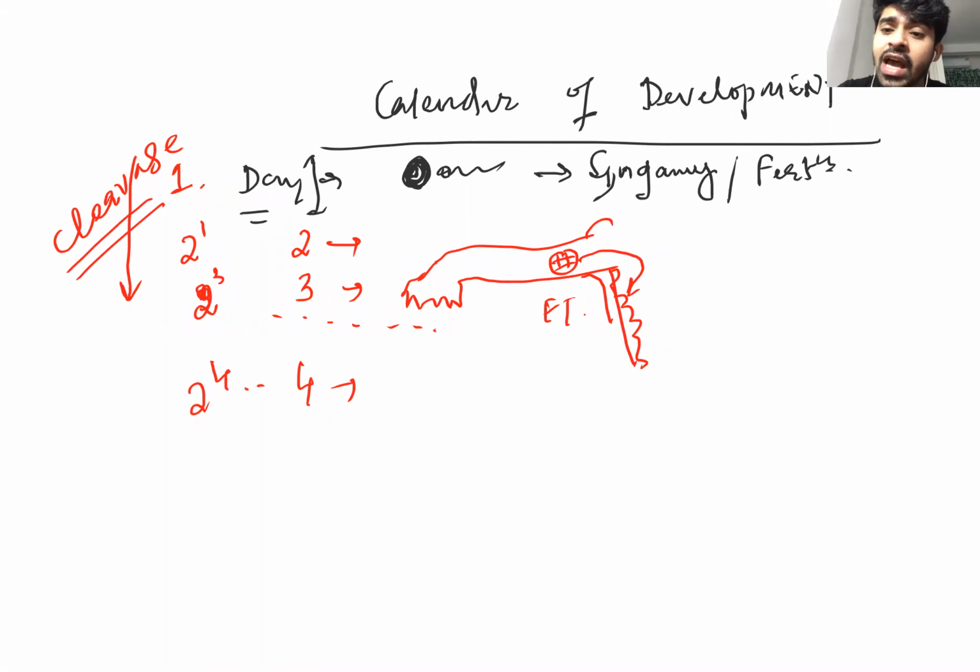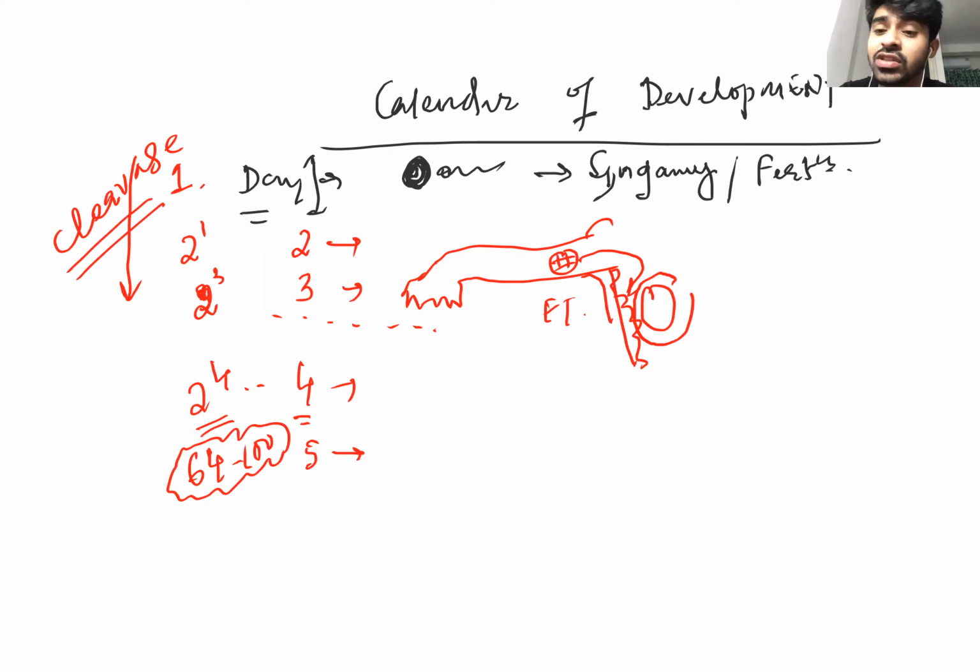And you already know, can you tell me what will happen on day 5? Right now on day 5 there will be implantation, and the cell number, which is 2 to the power 5, actually 32, but you can consider it will not stay at such an easy calculation. Rather, you can consider the cell number will be like 64 to 100 cells on the 5th day when it is implanting. So it's very, very important.